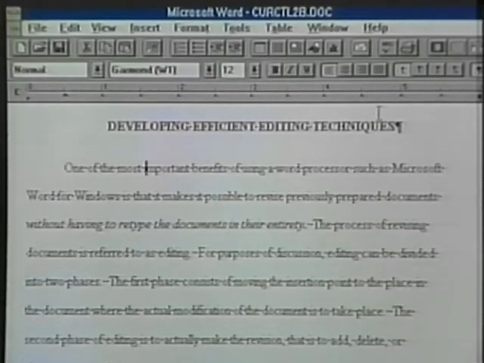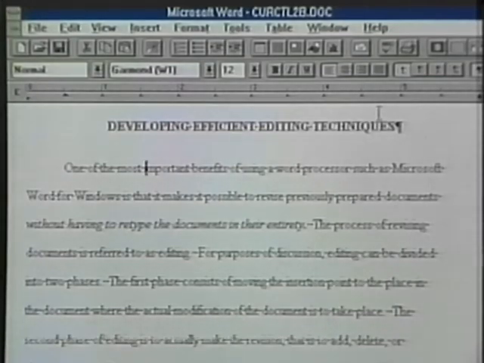Next, we wish to indent the first line of all the remaining paragraphs in the text except the paragraph heading and the paragraph in the middle of the second page, which begins in Microsoft Word for Windows. Since the paragraph heading is right below our current location in the document, it will be easy to skip past it. But what can we do about the paragraph in the middle of the second page? Because it is just the one paragraph, what we will do is indent all the paragraphs and then unindent this